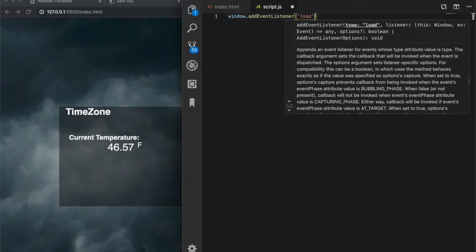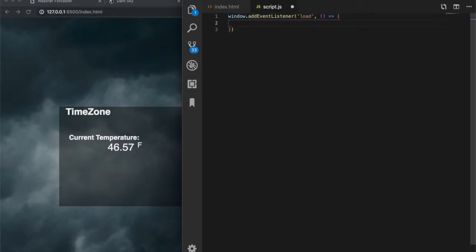So whenever it loads, it's going to run this function. So now that the window is going to be looking out for the user to open up this application,